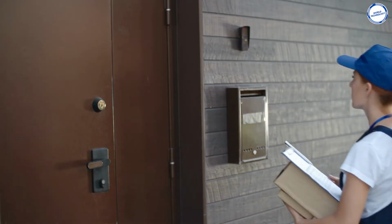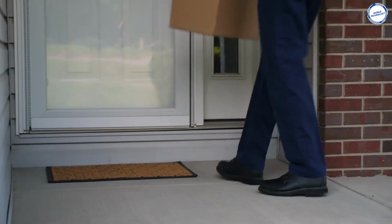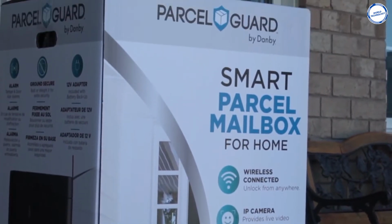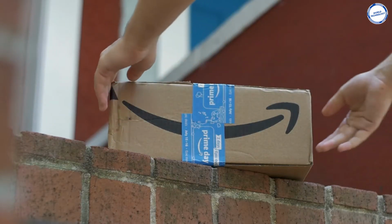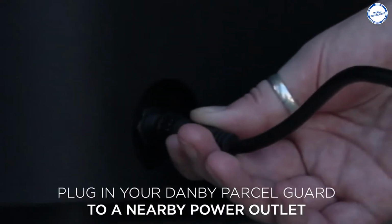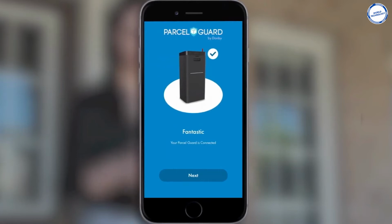Number 4. Parcel Guard. While the Ring doorbell has certainly improved mail and package safety during home delivery, the current system is still not without its flaws. Thanks to Parcel Guard, we may finally be in a place where opportunists don't cruise neighborhoods looking to steal Amazon packages. Plus, set up your weather-resistant Danby Parcel Guard and connect to the Danby Parcel Guard app to start